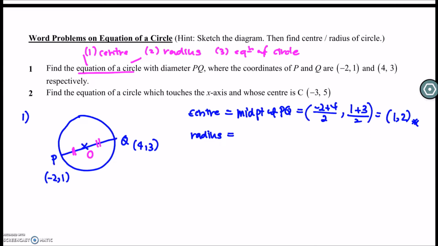So with the center found, we will be able to find the radius. So with the center, let's put the information into the diagram. We can make use of the center O and either one of the points P or Q to find my radius, because radius is actually my length. So in this case, it will be a better choice to make use of Q since both the coordinates x and y are positive values. So the radius will be my length OQ,